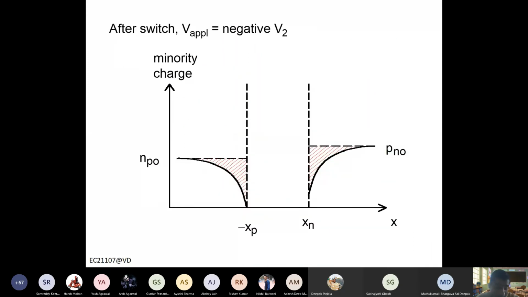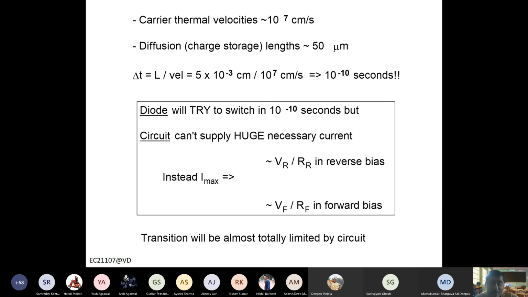Now, after it reaches zero, then during the negative voltage, these carriers are further extracted, right? So initially we had concentration like this, then it changes like this, and like this, and like this, and then up to here is storage time, and this is recovery time. And similarly on the N side and P side, both sides actually the same thing happens. Now, how much time will it take for the carriers to move out?